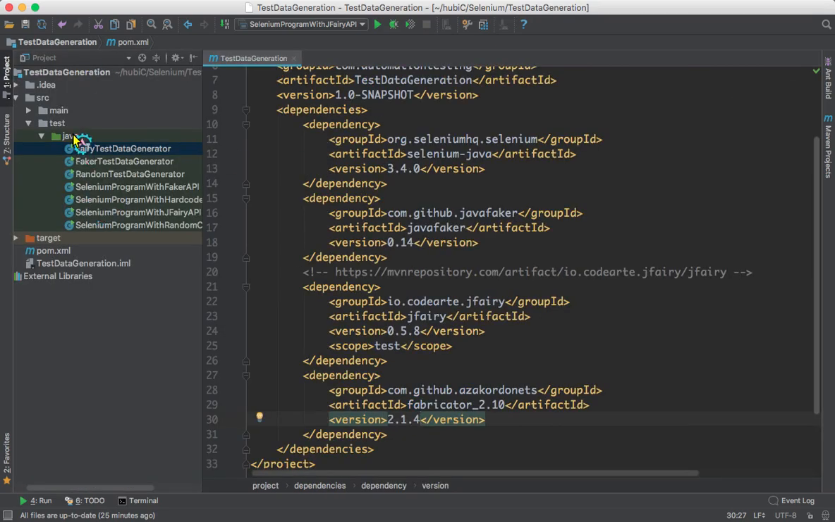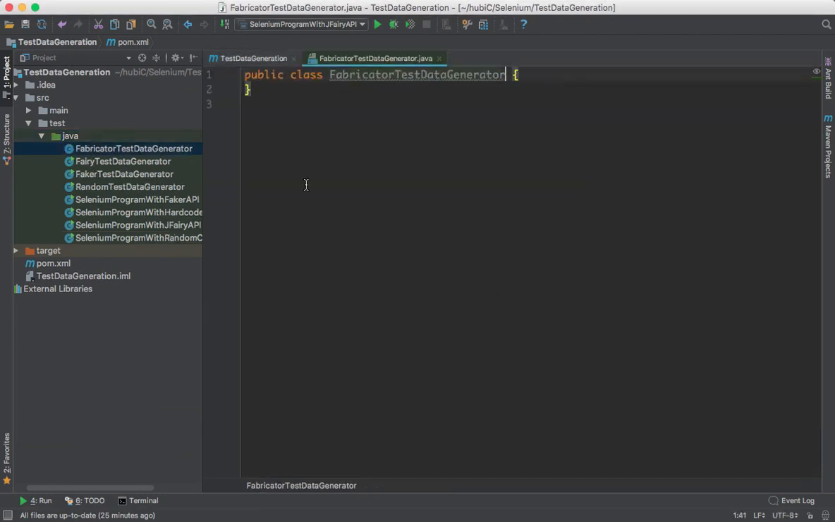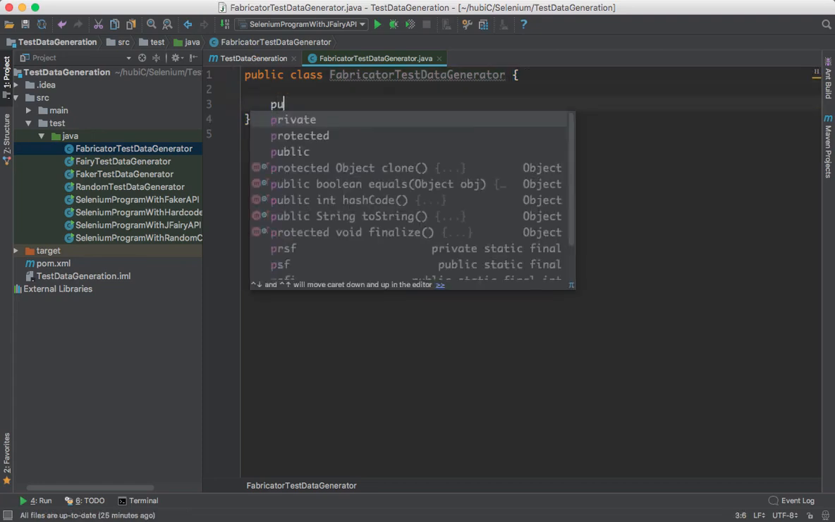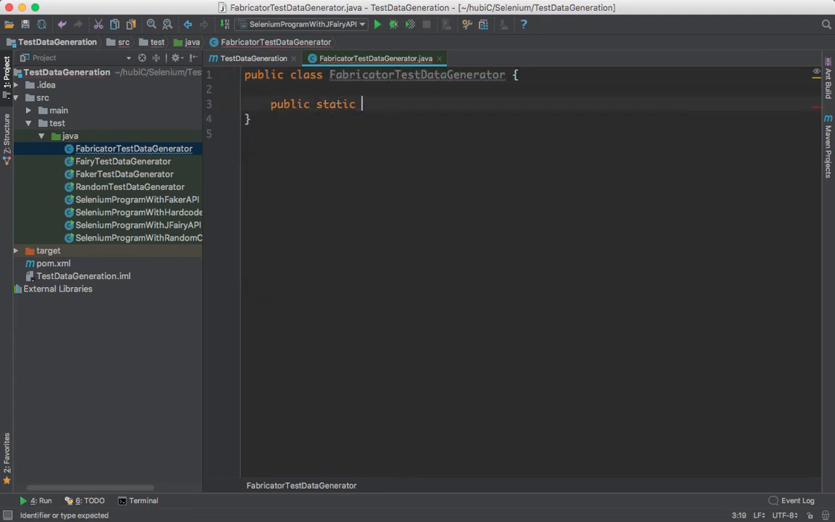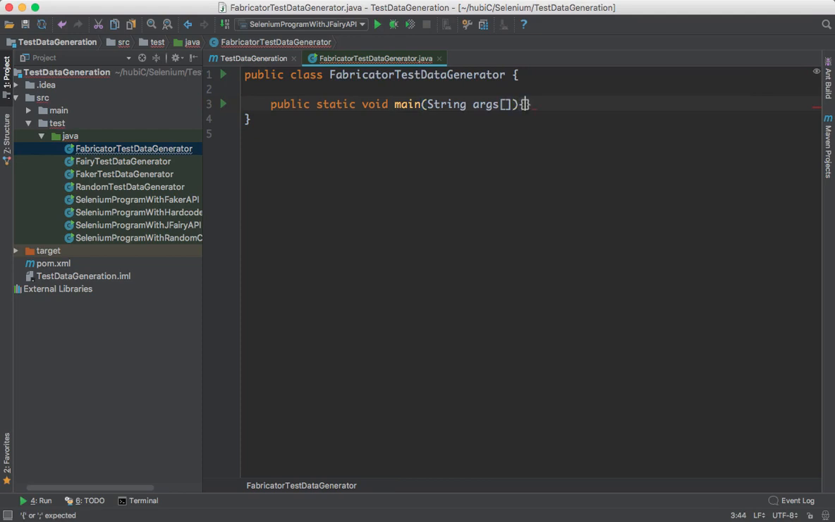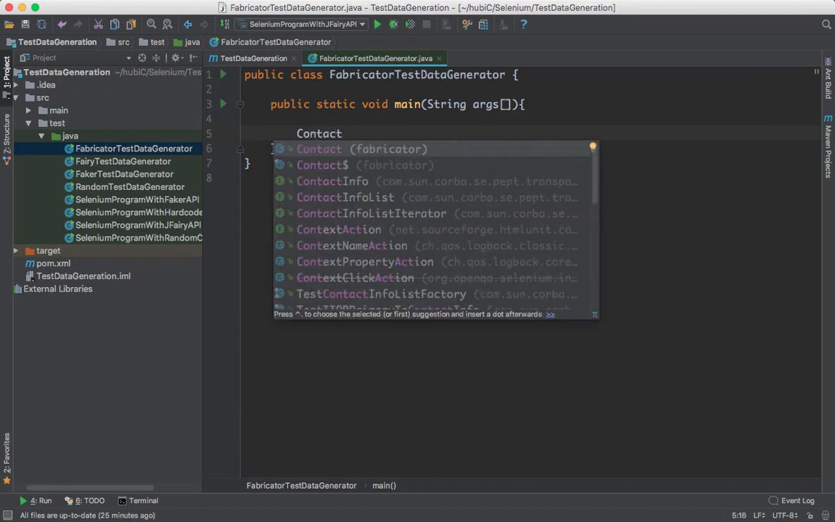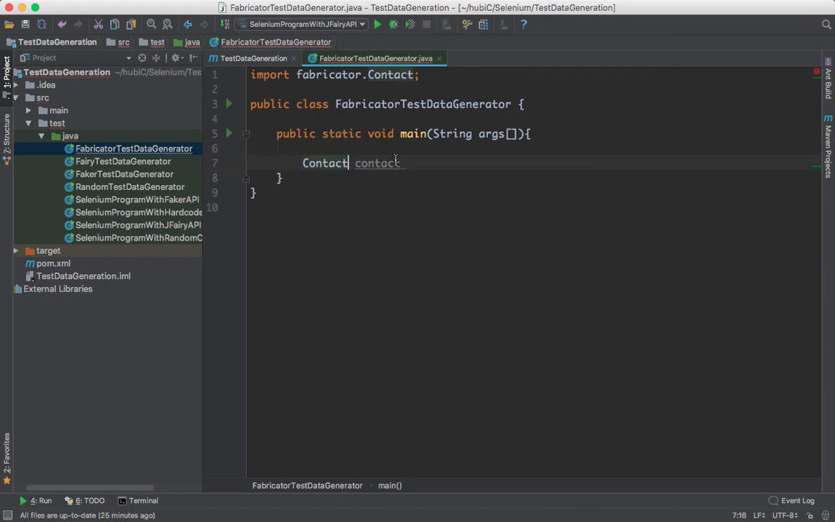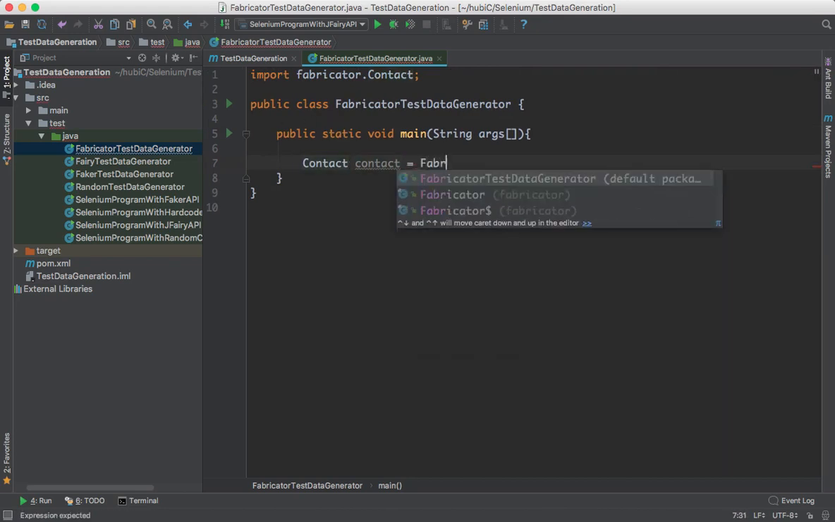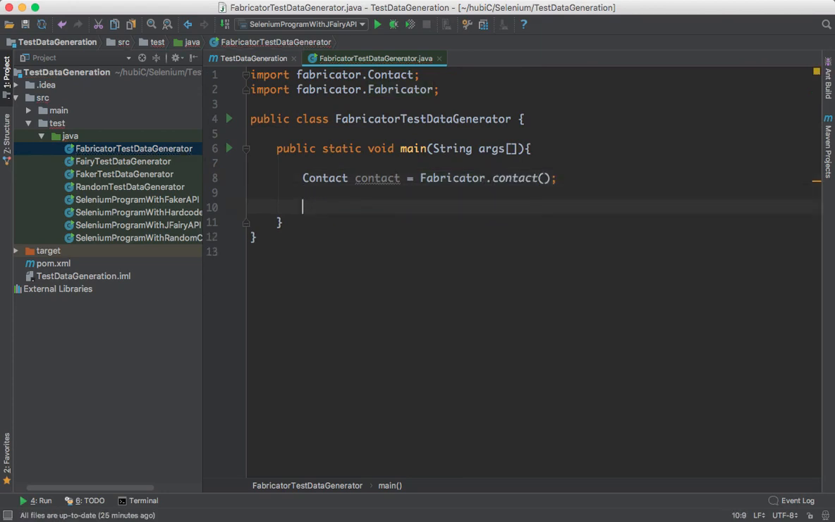So I'll create a sample Java class called FabricatorTestDataGenerator. Click OK and we'll write a normal program. Public static void main String args, and we need to create a contact class object. Contact from the Fabricator. So Fabricator dot Contact, we need to create an object like this, and then we need